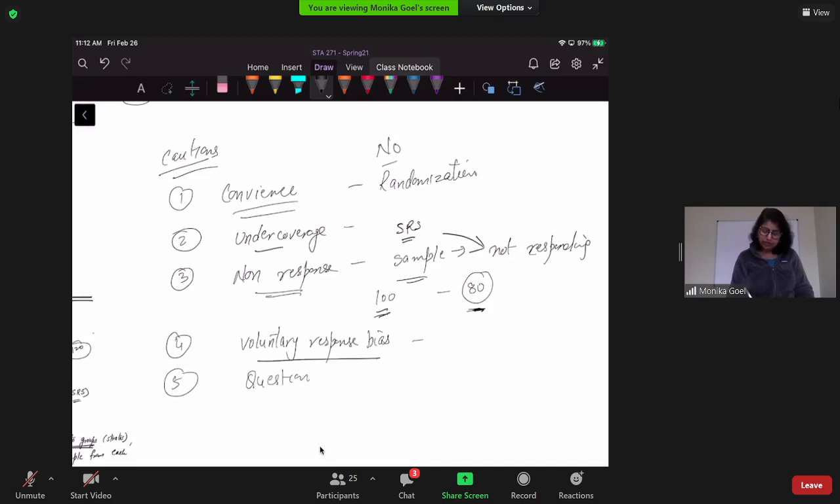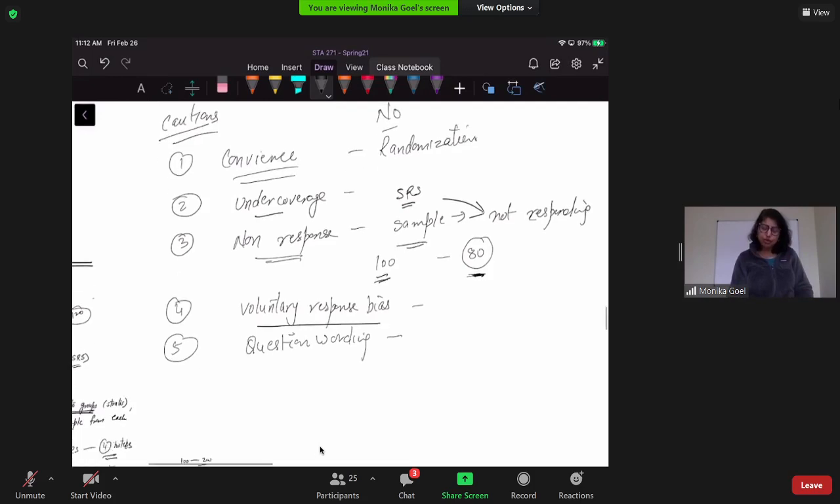Question wording. So if the wording of the question is confusing or not appropriate or not in the right order, the subject may not feel comfortable responding to the question. So question wording or question bias, you can say wording of the question, order of the question, meaning of the question, so everything. And then sometimes we also call it interviewer influence